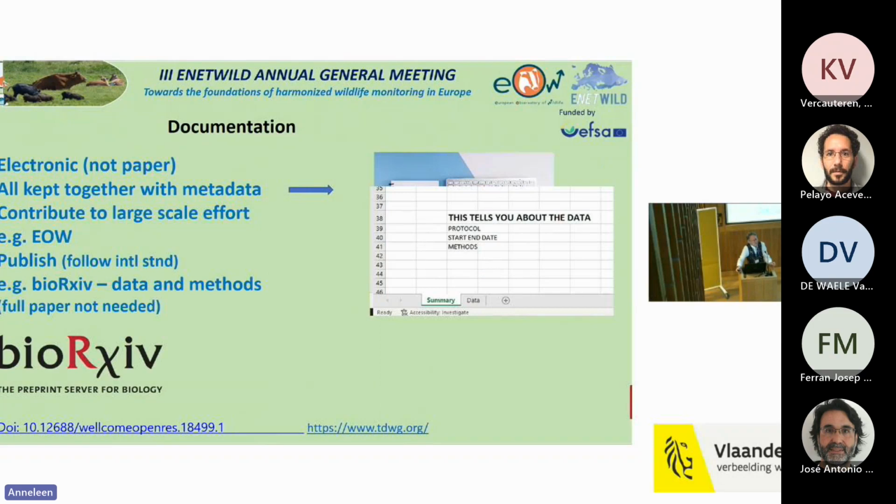Lastly, even if you're not contributing to work that gets published through something like EOW, you can publish that data and the metadata. So the data could go to GBIF, but the methodology and everything else, what happens? So you can publish all of this on these preprint servers, bioRxiv, for example. You don't have to have a full scientific paper. You don't need to be a scientist. So we can promote this to people that are collecting data as a means to just store where all the background is, what the protocol is, how they collected it. So there are a couple of links at the bottom here for